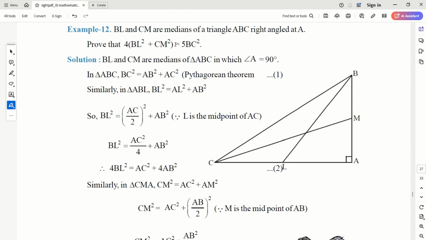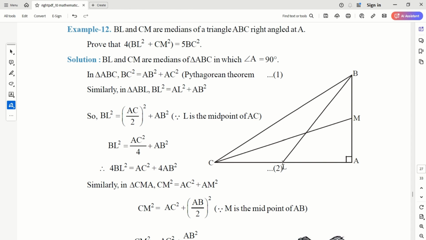BL and CM are medians of ABC. And ABC is a right angle triangle. So BC square equals AB square plus AC square. Similarly, triangle ABL is also a right angle triangle. So BL square equals AL square plus AB square. Now I am writing AL as half of AC because it's a median. So half of AC, square by 2. So BL square equals AC square by 4 plus